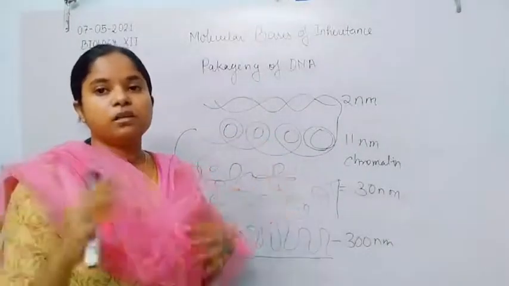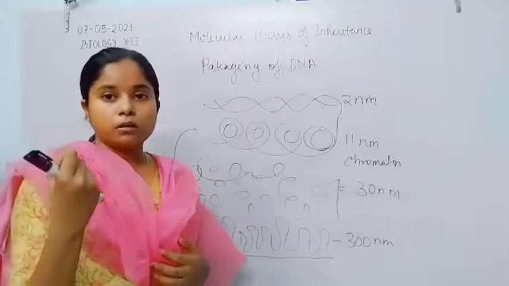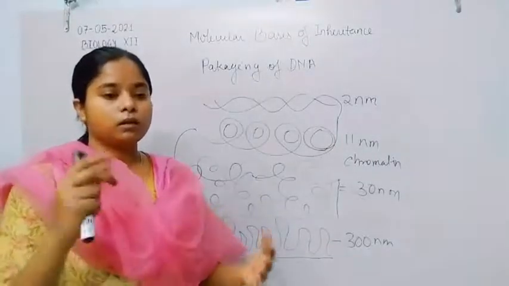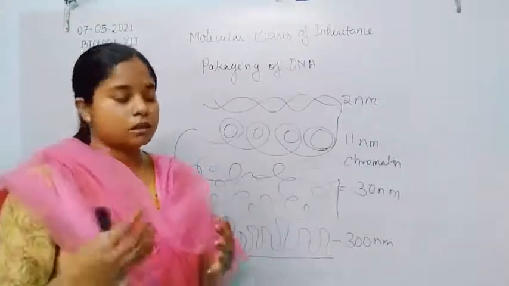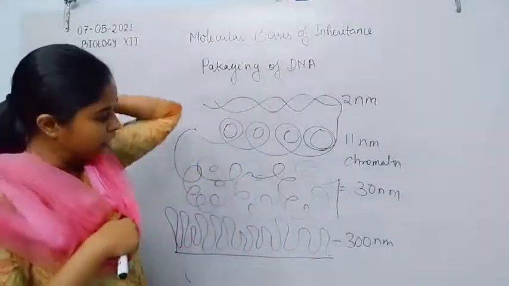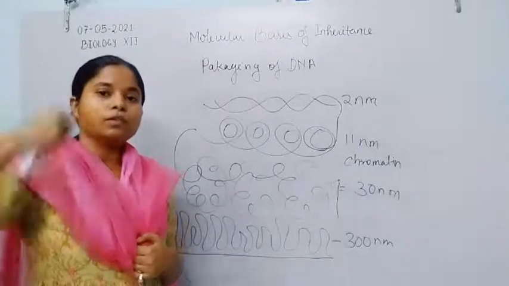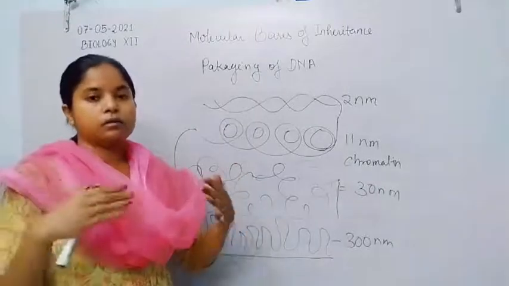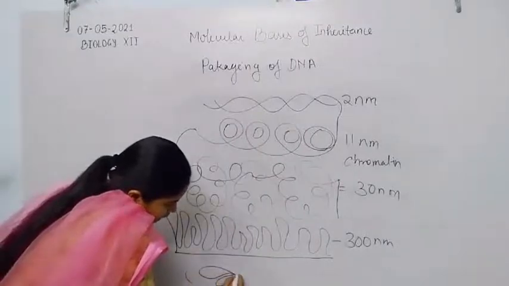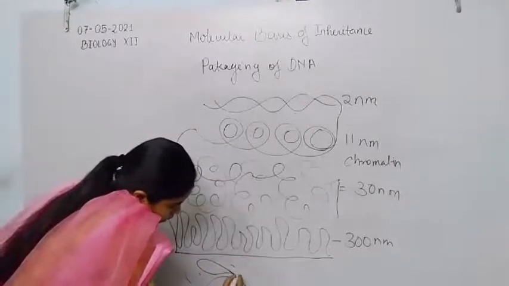If the genetic material does not get divided during cell division, there are many complications in the newly formed cells or daughter cells. If complications occur, or if the genetic material does not get divided fully during meiosis, that complication is passed on to the next generation. Now the metaphase chromosome has a highly condensed structure of the DNA molecule.